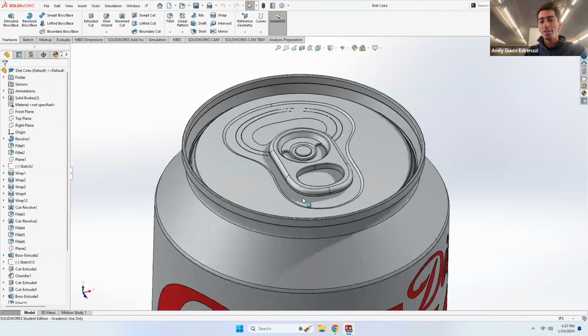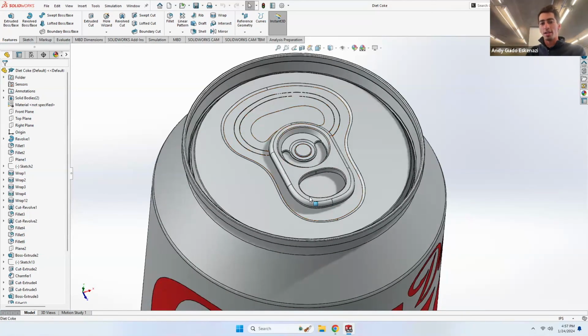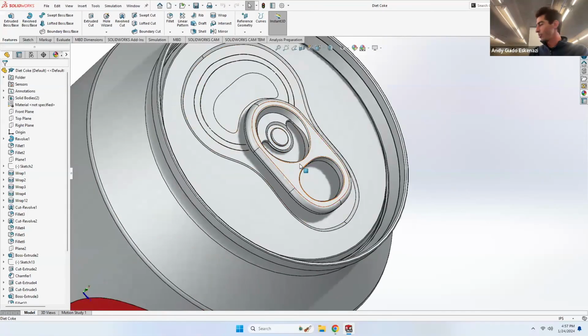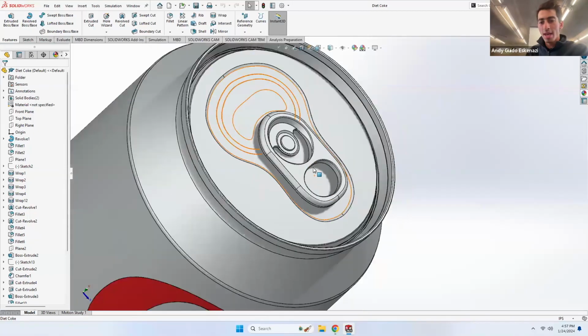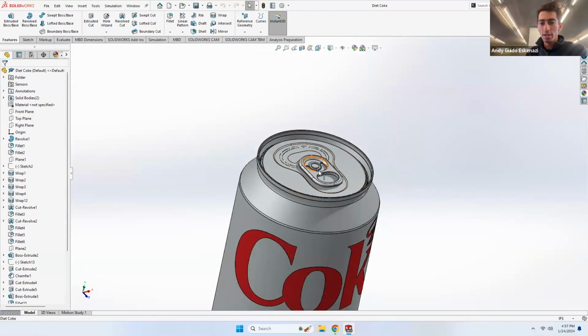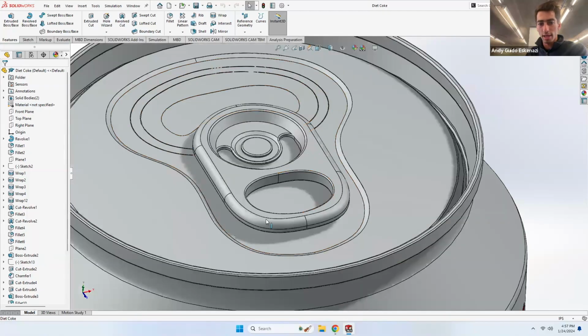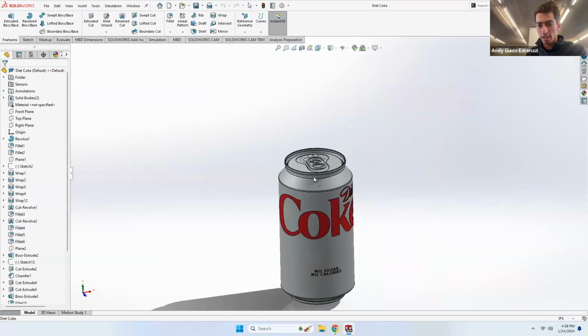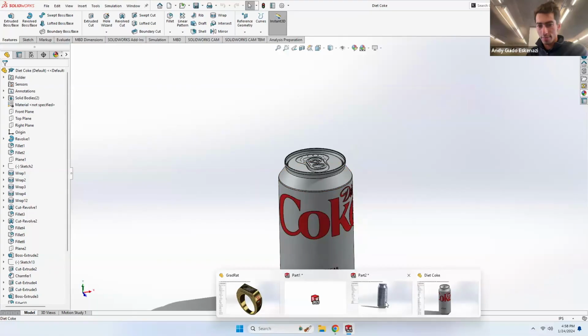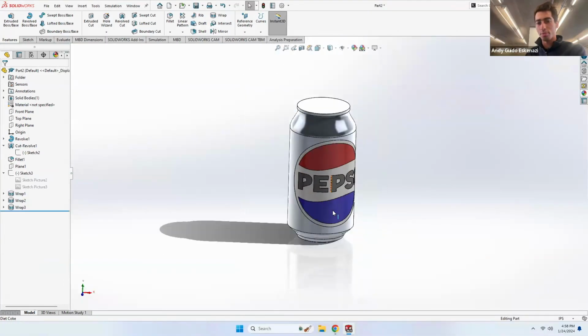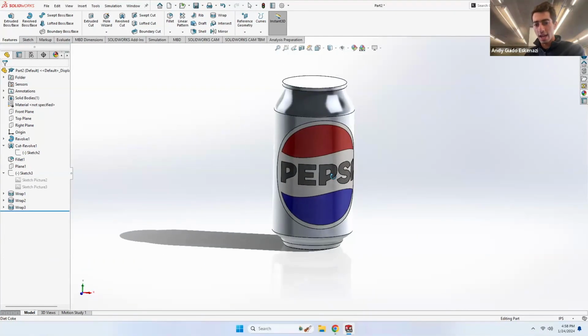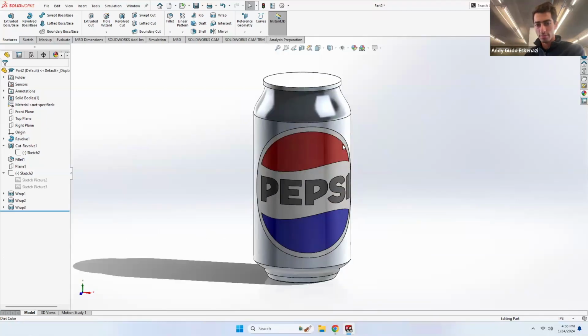But look, you can download this model and complicate your lives a little bit more by seeing how I designed the top part. We're going to leave that for maybe another day, not today. But it's super easy, just building stuff off from the top and then making a couple of details, right, to make it look like a realistic can. But this is a decent approach, right, to make something at least very recognizable. Pepsi,